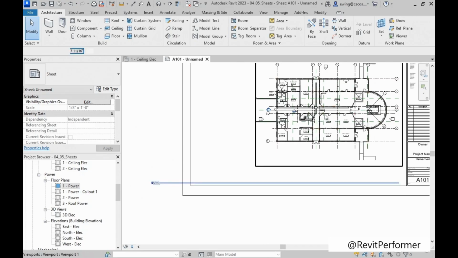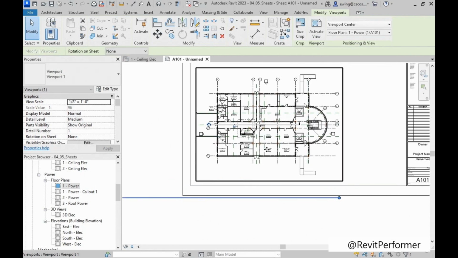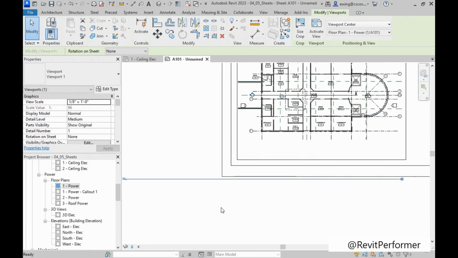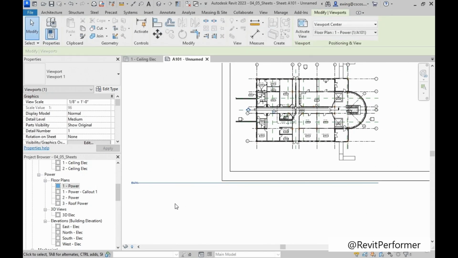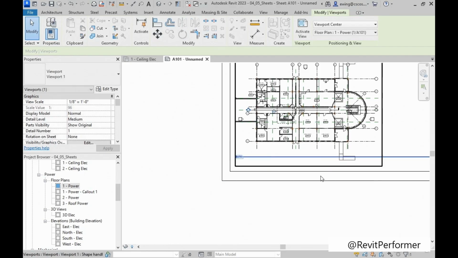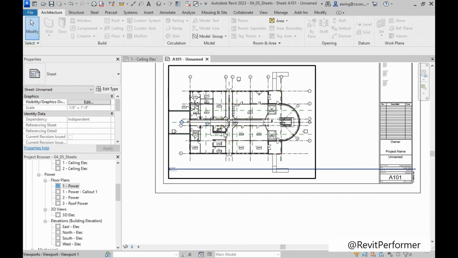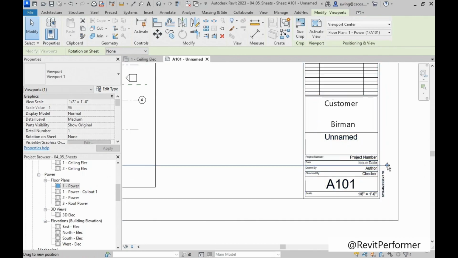Now select your viewport, and I want to drag it down in this general area here. Notice that our view title moved along with it. Don't want that to happen. So I'm going to select my view title alone. I'm going to grab this and I'm going to move it up. See? Now, of course, it's still a mess, but what we're going to do is hit escape a few times, select our viewport. Now we can grab this little grip, hold it,